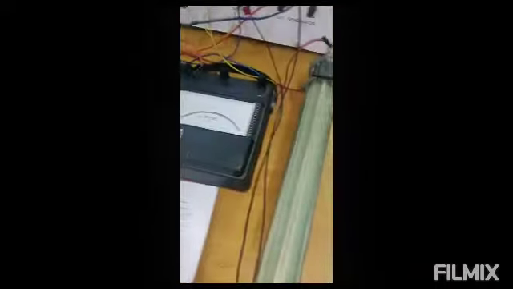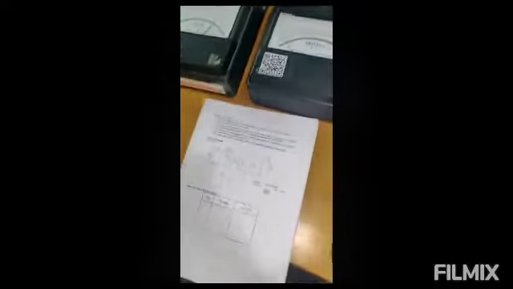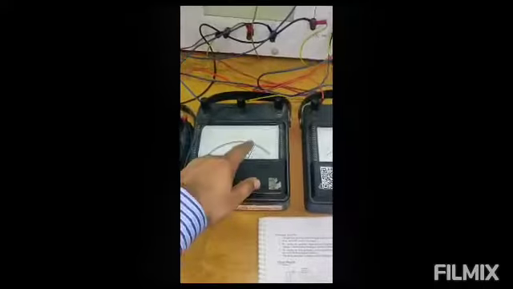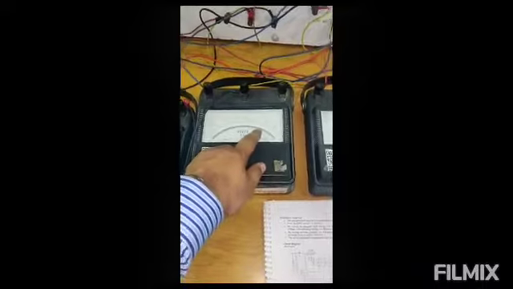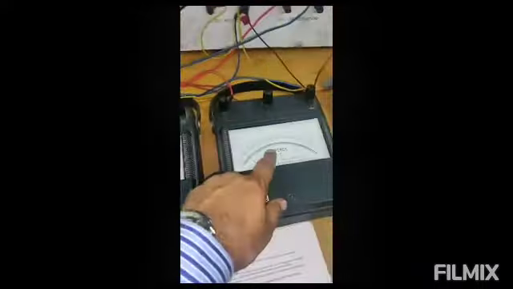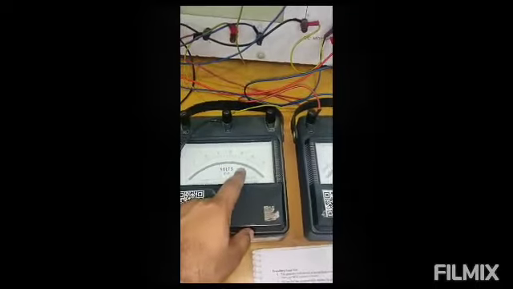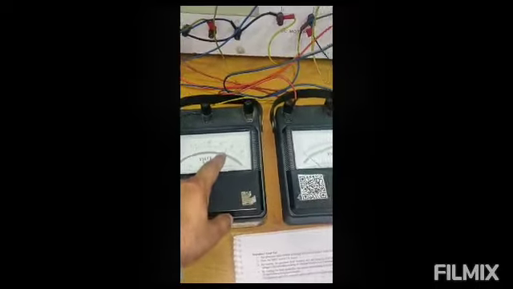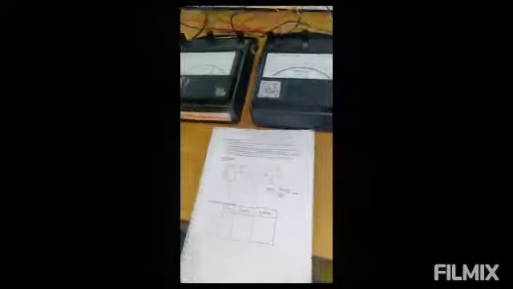Right. Now after completion of this open circuit characteristics, we will move towards load characteristics, because this experiment is the load characteristics of a DC shunt generator. So how can we do this experiment? Firstly, we need to put the rated voltage as we did in the last reading. At the last reading, you take the value of IF with the value of EG 230. Now this experiment starts from here.